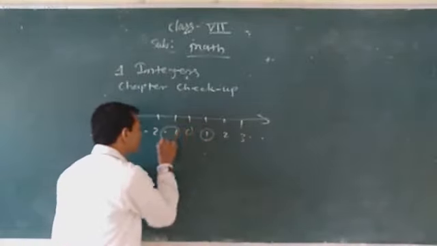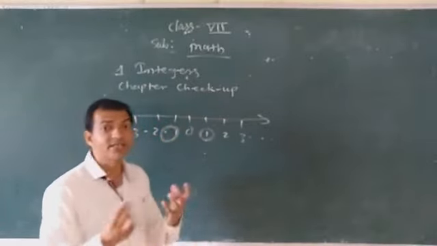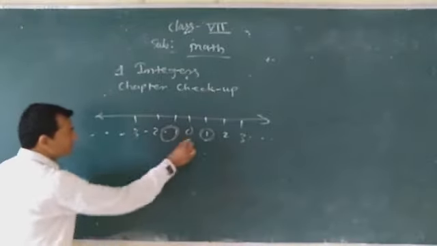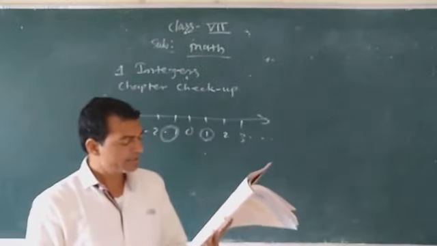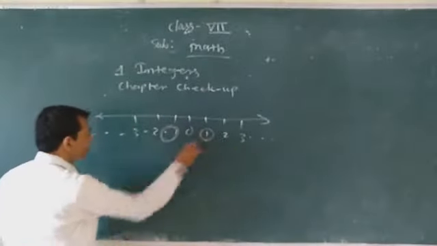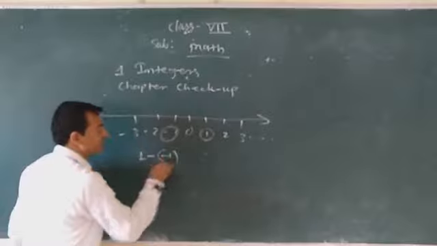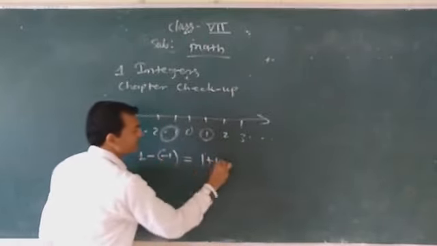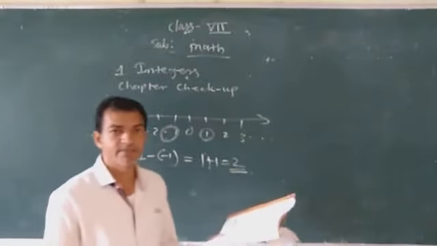If you subtract the greatest negative integer from the smallest positive integer, what is the answer? What is the question once again? When the greatest negative integer is subtracted from the smallest positive integer, the smallest positive integer is 1. You have to subtract the greatest negative integer, that is minus 1. So this will be 1 minus minus 1, which is 1 plus 1, equal to 2. Your answer is 2. So in this way you can find the answer.